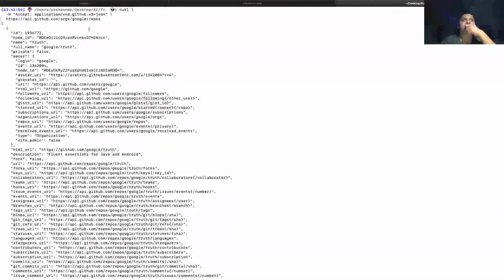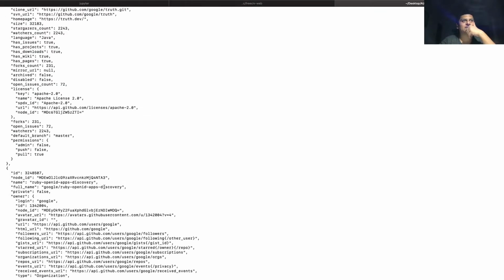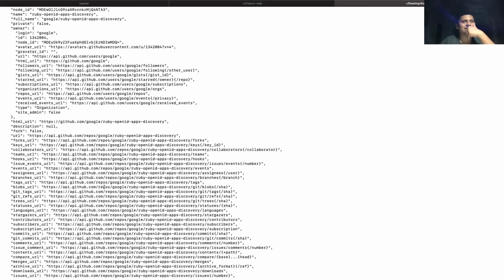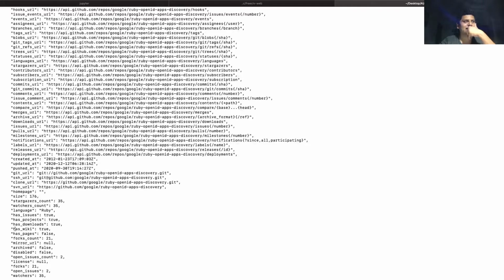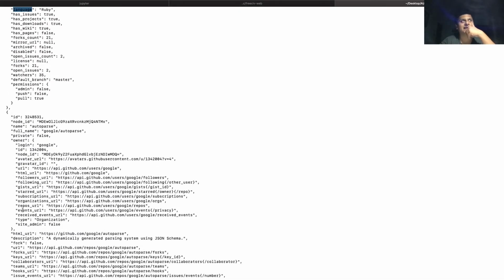You get data. You have all these repositories, which is Google Truth, second is Google Ruby, Open Apps Discovery. What are the data points that we get out of this? I have the size, I have language, and okay, so we can possibly filter it by saying that